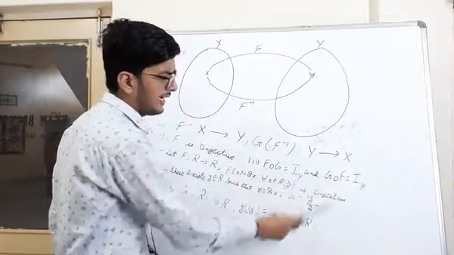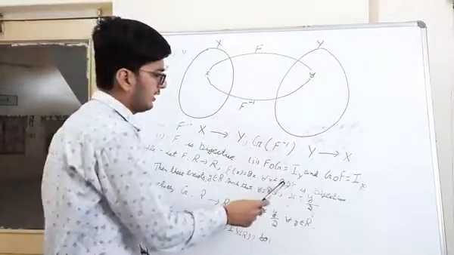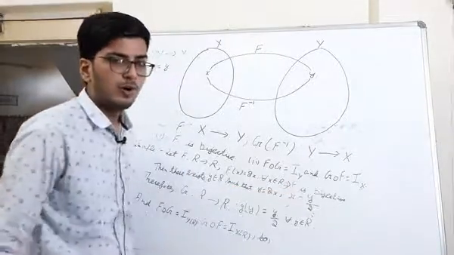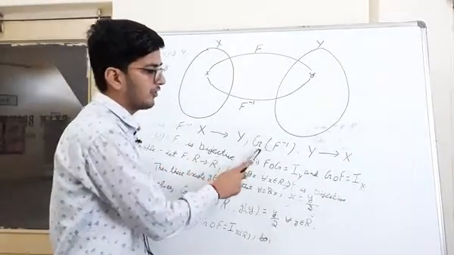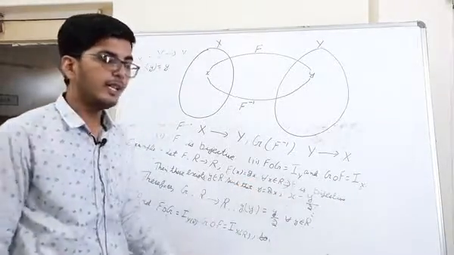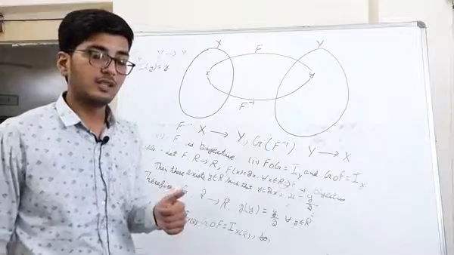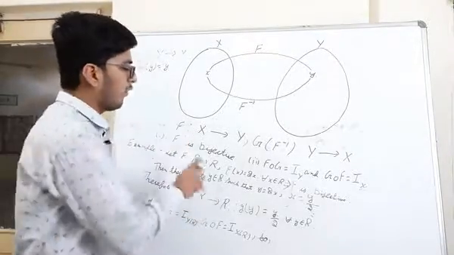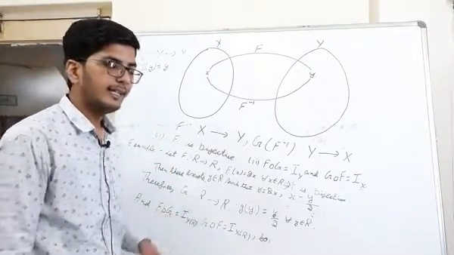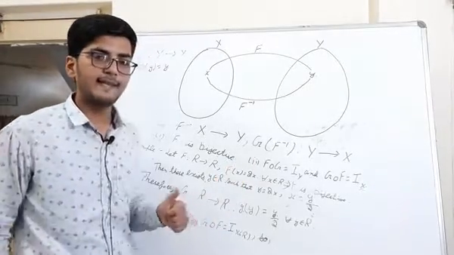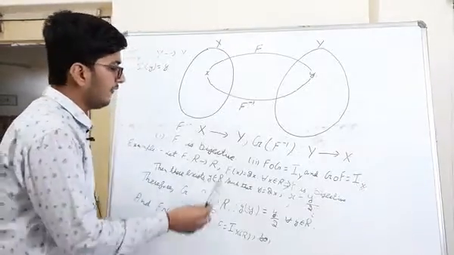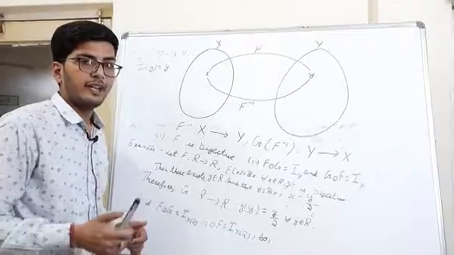Now what are f o g and g o f? You are all aware, because it is the composition of two functions in two different manners. So we have to find such a function g which will satisfy these conditions, that f o g will be the identity function on Y and g o f will be the identity function on X. If we can find such a function for f, then we will say that this function is invertible. And the function g is known as the inverse of f, denoted by f inverse. This is the definition of the inverse of a function.